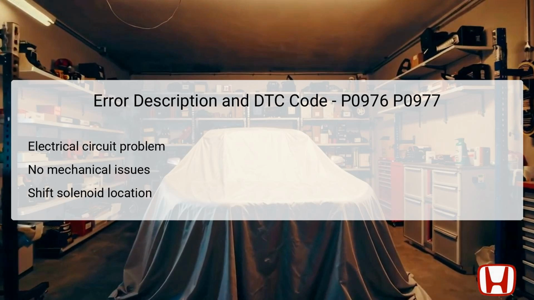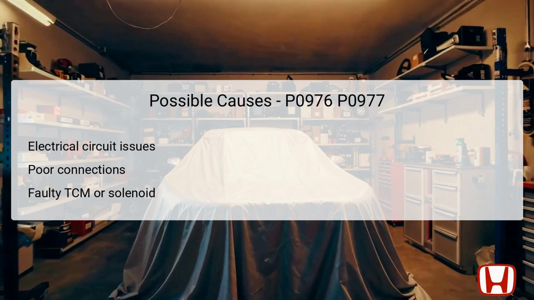This module is typically located in the engine compartment or under the center console, facilitating communication between the engine and electronic transmission components. Understanding this circuitry will help pinpoint malfunctioning components and assist in determining repair procedures required to resolve these DTCs effectively. The potential causes for DTC P0976 and P0977 predominantly involve an electrical circuit malfunction rather than mechanical